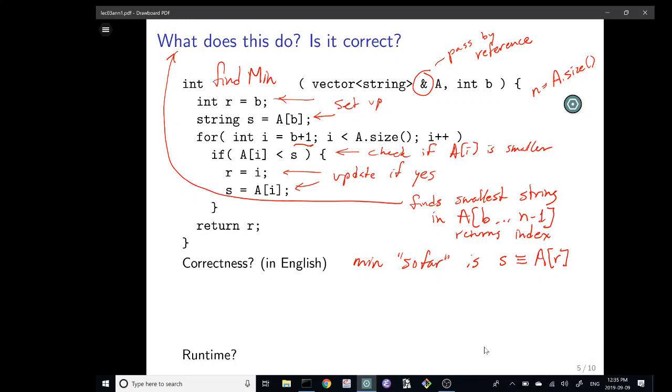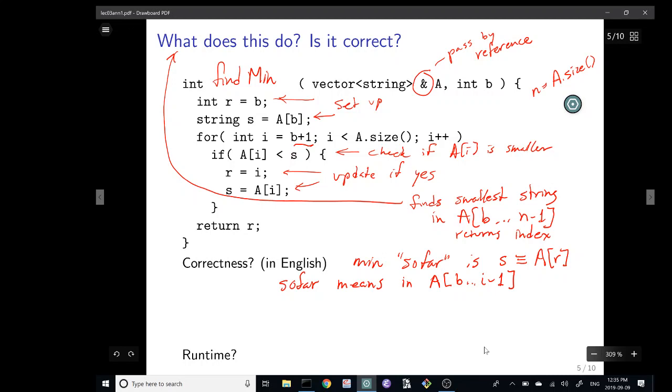The min so far is S, where so far, that's two words, so far means in A b through i minus 1.